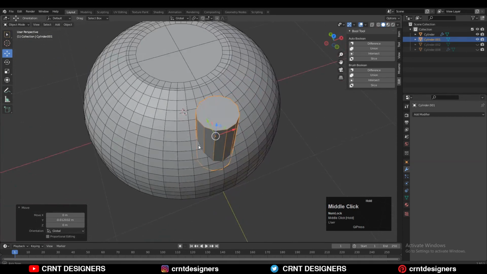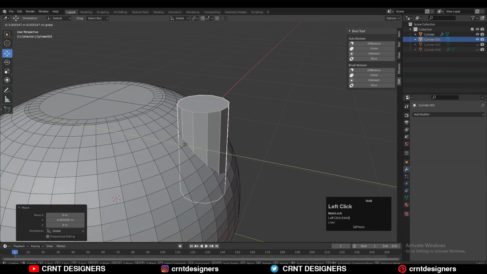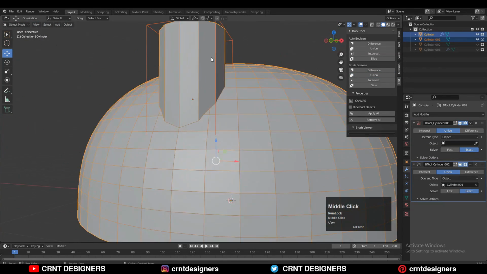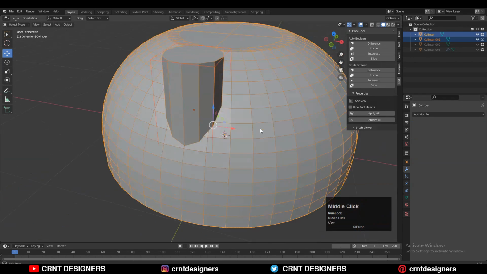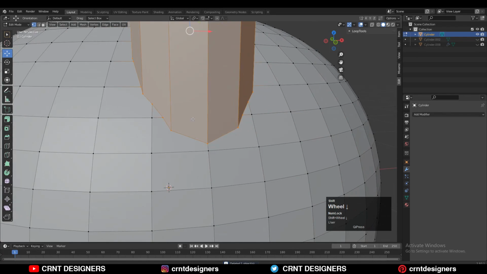Then you can select that cylinder and then select that dome shape. And we need to use the boolean operation which will be the union. So use that union boolean operation and then you can also adjust that position, and then you can apply that boolean modifier. Then you can delete that cutter object. Okay, you can see that looks pretty fine.